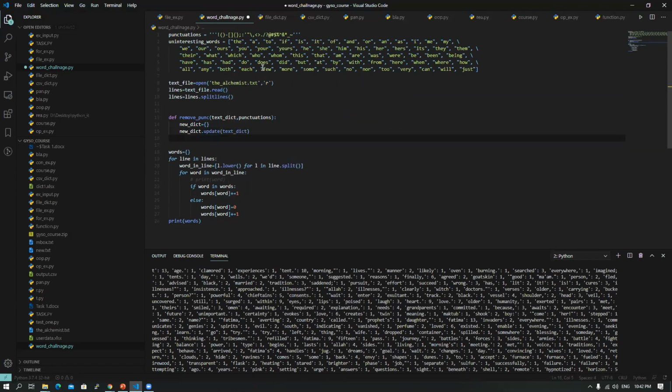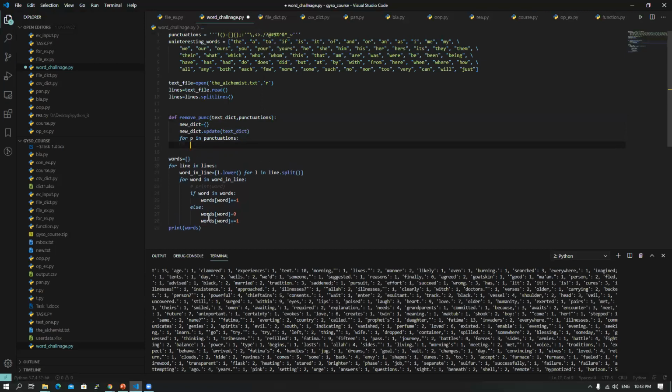text. So now what's gonna happen? All the values here will be pushed to this dictionary. So this one will have the same values as this one. Okay, because it will help us to keep the original file, because we still need the original file to compare. Okay, so what we are going to do, we are going to go through the punctuation. So for all the punctuations, check for the words. Okay,